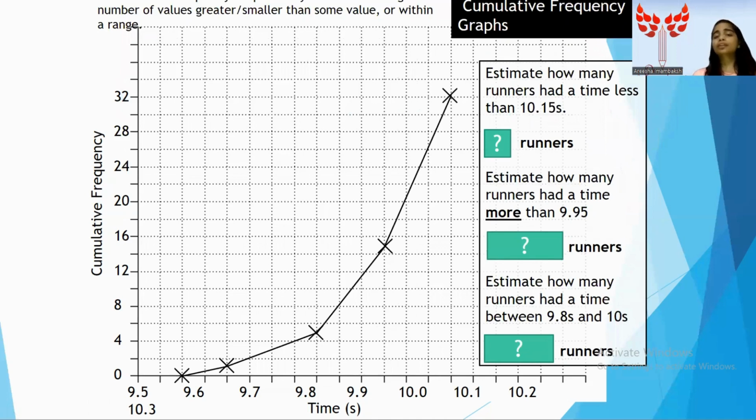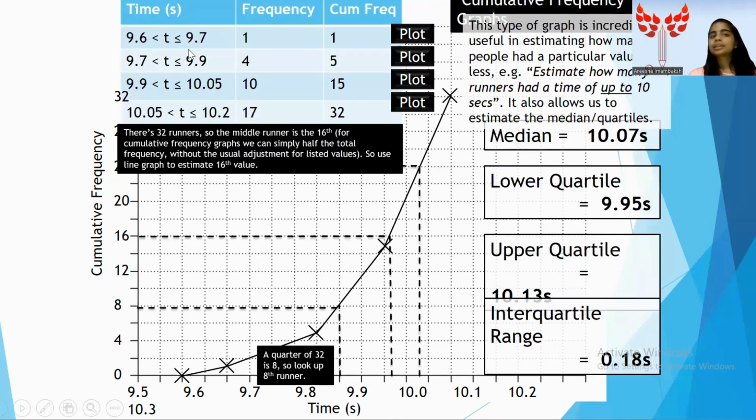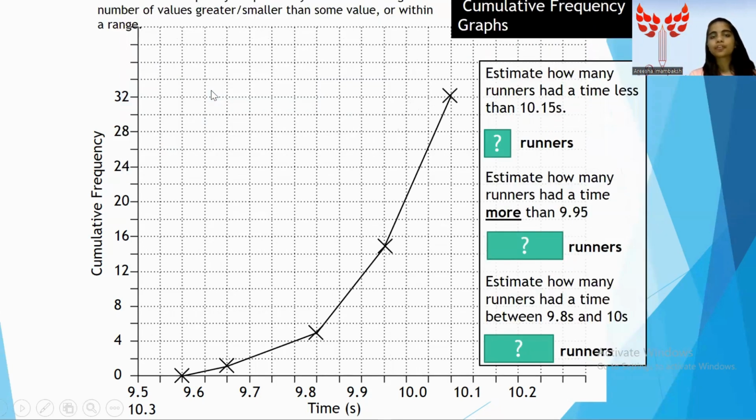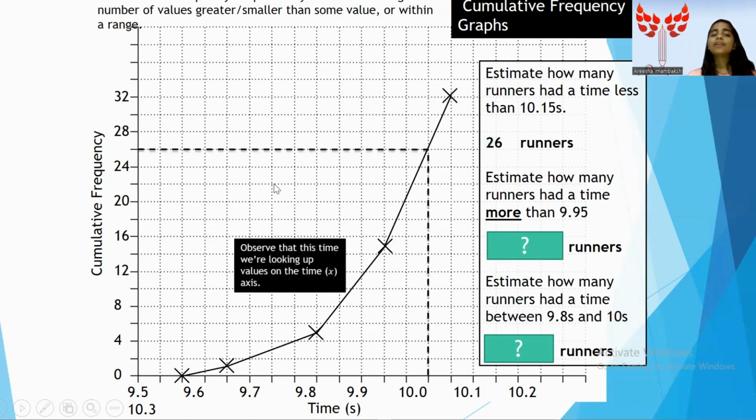Now here, they've already made it for you and there are a few other kinds of questions which can appear in your paper, right? So let's look at this. This is the cumulative frequency, number of values greater than, smaller than. We are doing questions related to this. Estimate how many runners had a time less than 10.15 seconds. Now you have to see less than 10.15 seconds. We have found the cumulative frequency in the less than position only. If I go back and show you the table, T is less than 9.7, less than 9.9, less than 10.05. So you will simply look where 10.15 is and take the corresponding y value there, which is